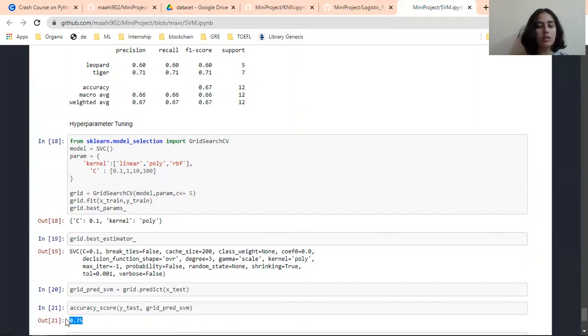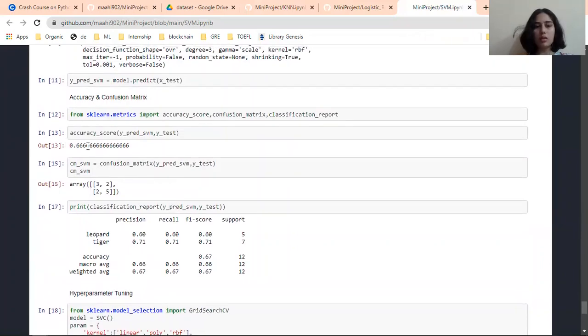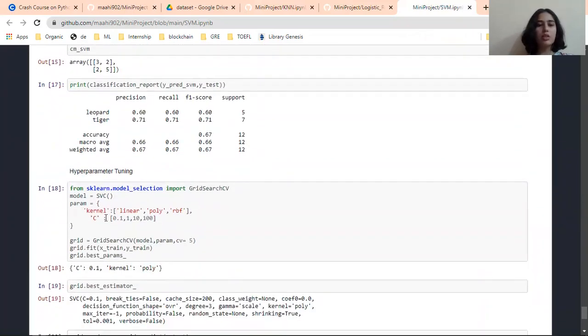As you can see, by using these parameters, our accuracy score has gone to 0.75, which was previously 0.66. So hyperparameter tuning is used to improve the accuracy score and give better results.